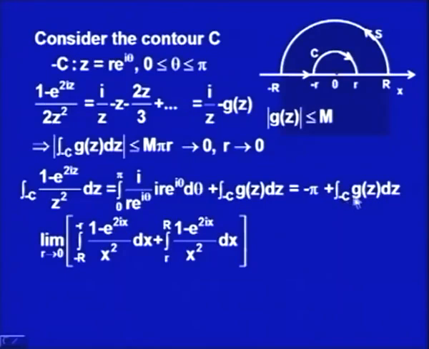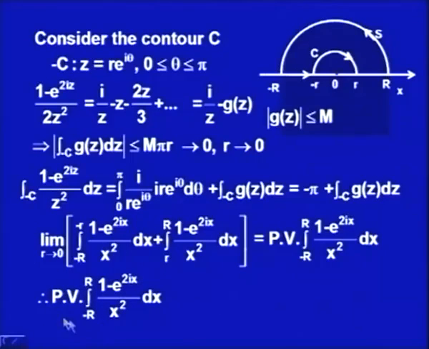and because this would be approaching 0, as r approaches 0, the integral from minus R to minus small r of (1 minus e to the power 2ix) upon x square, and from small r to capital R of (1 minus e to the power 2ix) upon x square dx, is nothing but the definition of the improper integral from minus R to plus R, that is, the principal value of the integral from minus R to plus R of (1 minus e to the power 2ix) upon x square dx. So, using this limit, what we get is that this principal value is equal to plus,